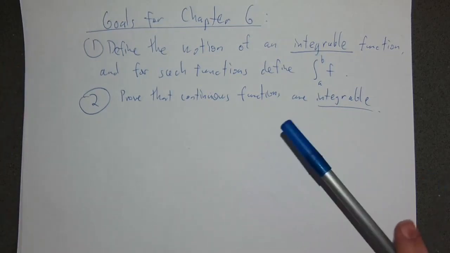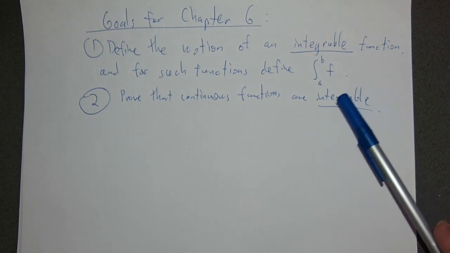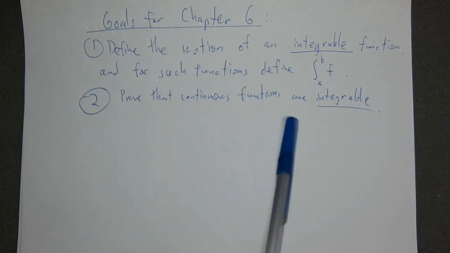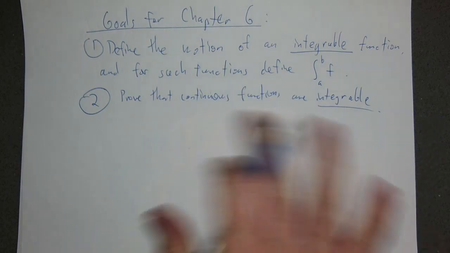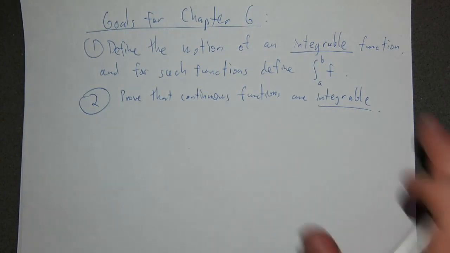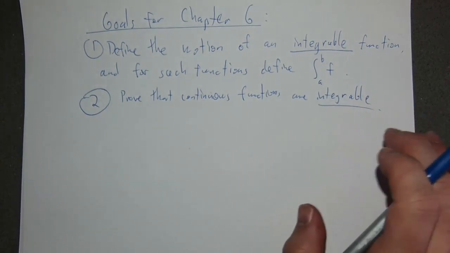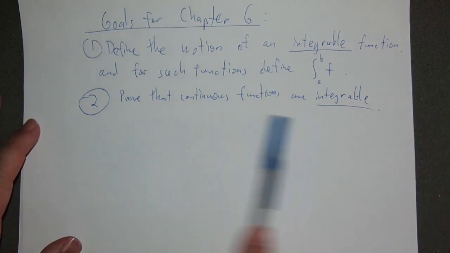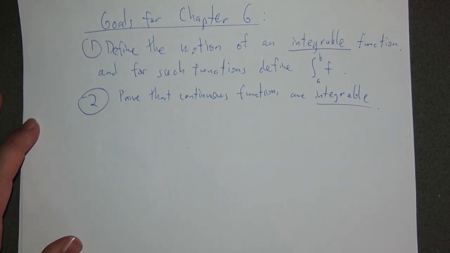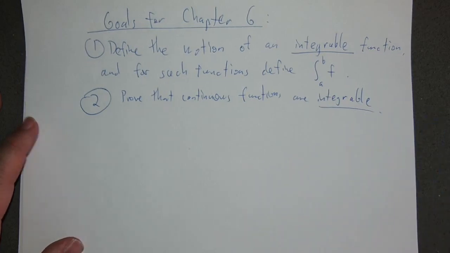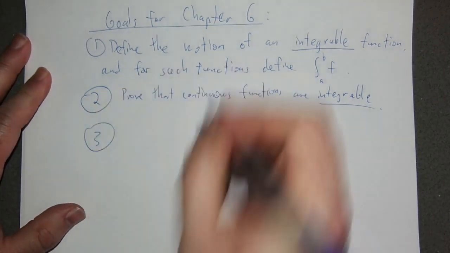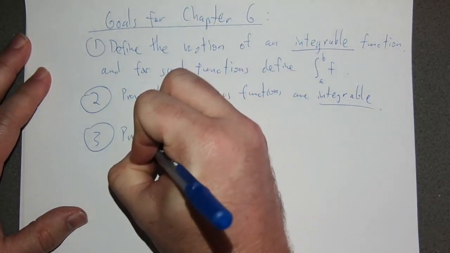So it turns out the class of functions that is integrable in some meaningful way is larger than the class of continuous functions, but continuous functions are contained in them, and that's what we care about for the most part. So to that end, I'm going to show some examples of functions that are not integrable, and of course, if this is going to be a goal that we actually attain, what that means is for anything that is not integrable, it would necessarily have to be discontinuous, right? Okay. And then goal 3 is to prove